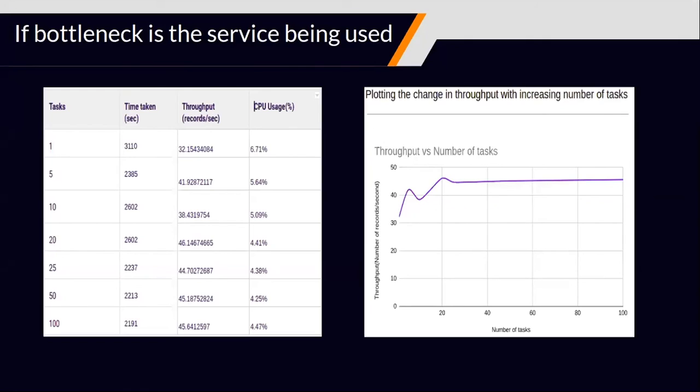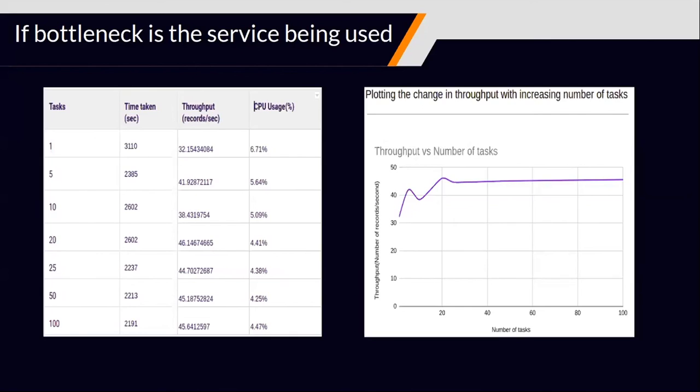So it doesn't matter whether we are processing 10 batches or 100 batches or 1,000 records per batch. The issue was with the amount of time it would take for the batches to get processed from the external service, which is not related to our application. So in this case, nothing can be done other than just mentioning this in our performance doc and setting a realistic benchmark so that the users don't over expect anything out of the application, which is not in the hands of the developers to fix in the first place. So this would be a bottleneck in the external service that is being used.